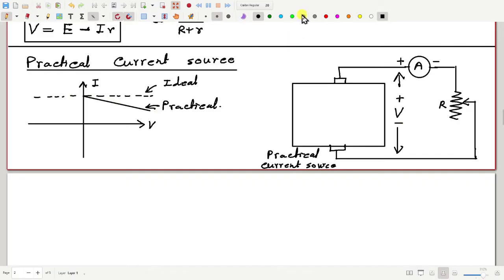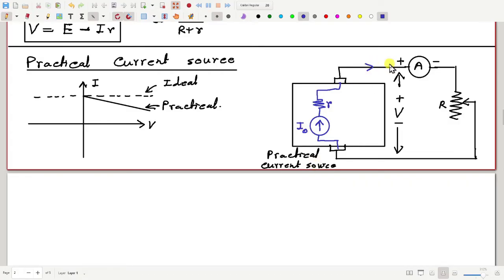Again, we can model it using internal resistance. We can say that this practical source is similar to an ideal source in combination with some resistance. But if we put this resistance in series, it will not be able to explain this dropping characteristic. Why? Because if I call this current source I naught,